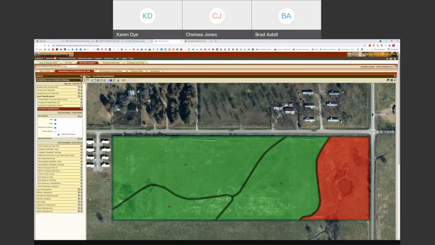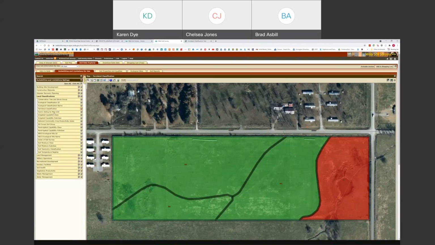Another thing I wanted to show you here is, you go up here to soil properties and qualities, and it's kind of confusing because when you hit the soil data explorer, it pops up these other tabs. So it's kind of hard to keep track of them all, but anyway, just remember the prime farmland is under this tab, the suitabilities and limitations for use. But if you come over here to the soil properties and qualities,